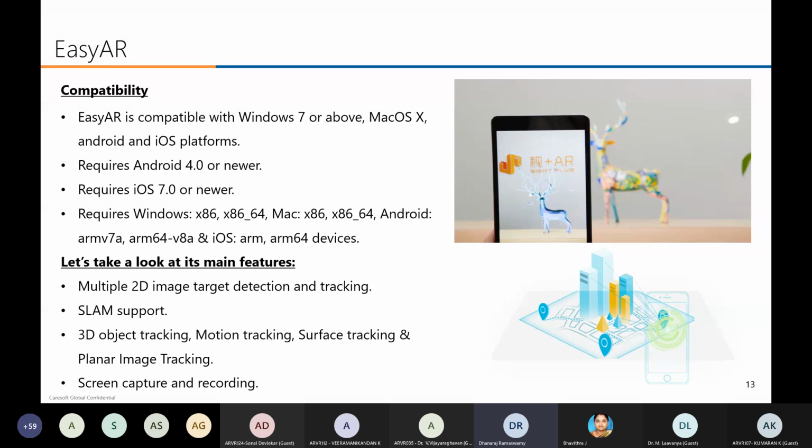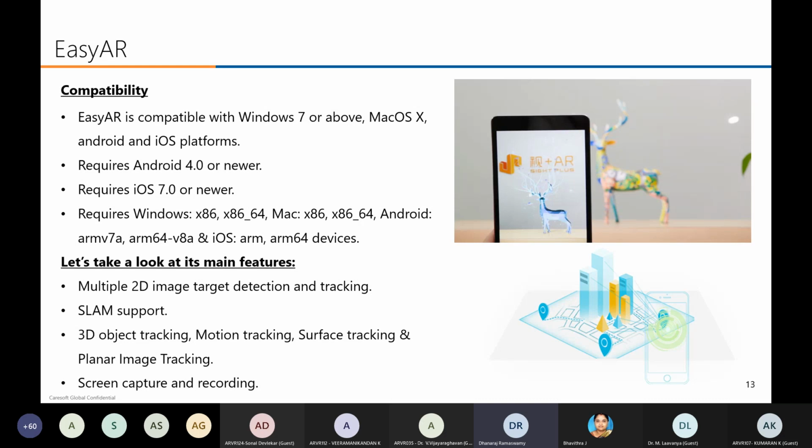If you are going to develop an AR application for a mobile platform, you can choose AR Kit, AR Core, or Vuforia based on your application requirement. But if you want to go for a Windows laptop or Mac, Easy AR is strongly recommended. So the main feature of Easy AR is it supports PC.